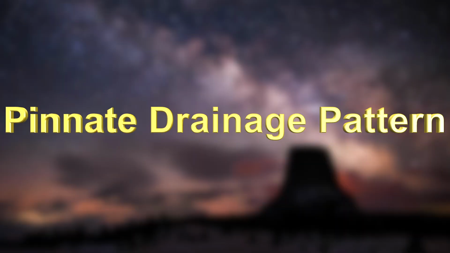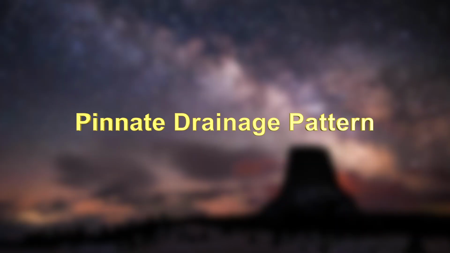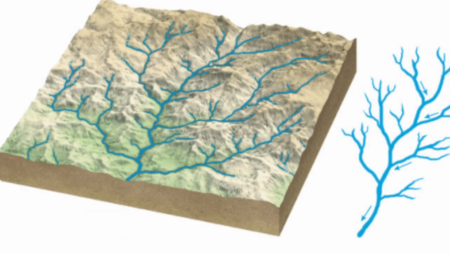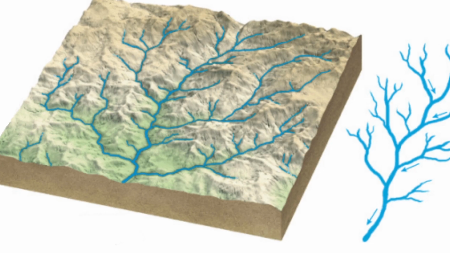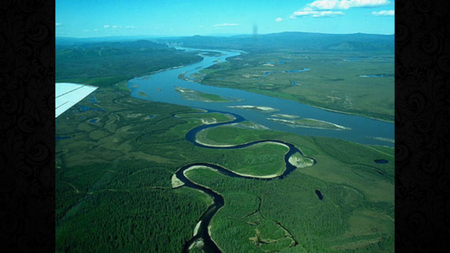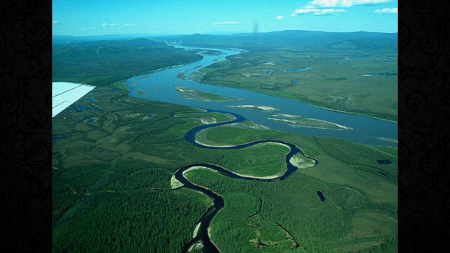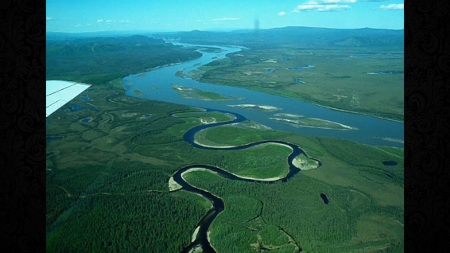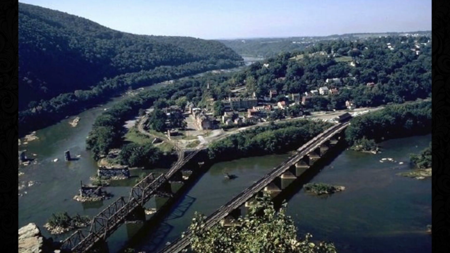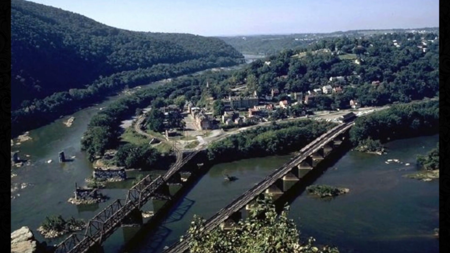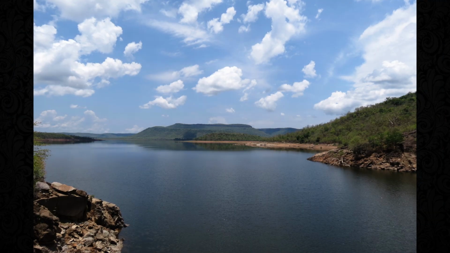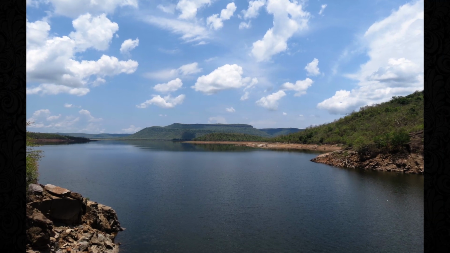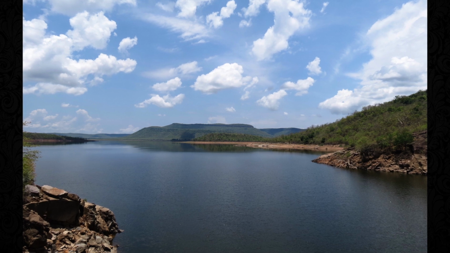Pinnate drainage pattern. Pinnate drainage pattern develops in a narrow valley flanked by steep ranges. The tributaries originating from the steep sides of the parallel ridges join the longitudinal master consequent, occupying the valley at acute angles. The drainage network of the upper Son and Narmada rivers denotes an example of pinnate drainage pattern.